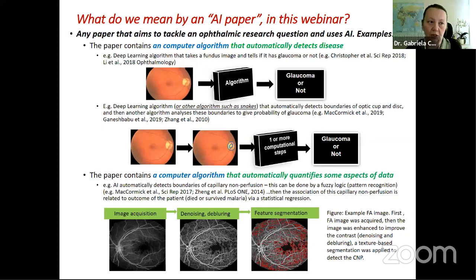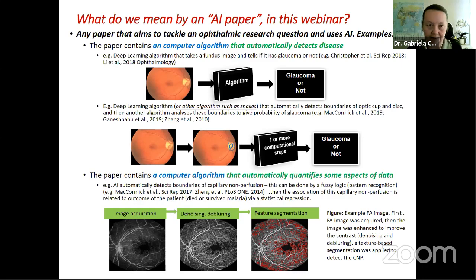And we can even do it in a statistical way, for example. Okay, so this is also AI, even though it doesn't give a diagnosis. Rather, it tells us where the capillary non-perfusion is. Or here, it gives us a better visual presentation of where the capillaries are and where they are not. So these are the two types of papers, I would say, where we see some computationally intensive components,